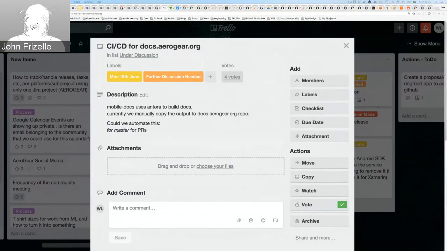Basically everyone has their own namespace on this community instance that they can run whatever they want on, the mobile services and versions of docs and versions of AeroGear, so that we can treat them just like anything else deployed on an OpenShift instance. If I had a new version of docs that I wanted someone to review, I could publish it to my own namespace, with a URL like docs.dave.frizzell.aerogear community.